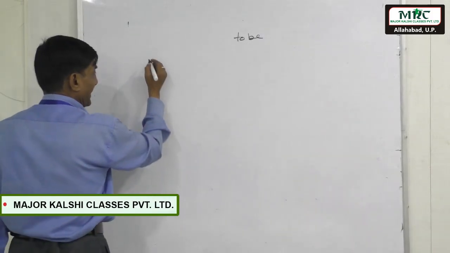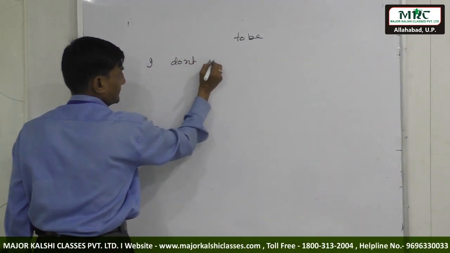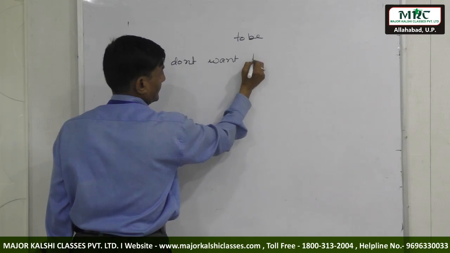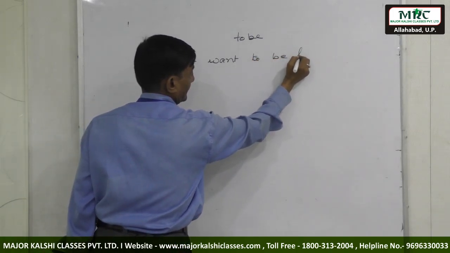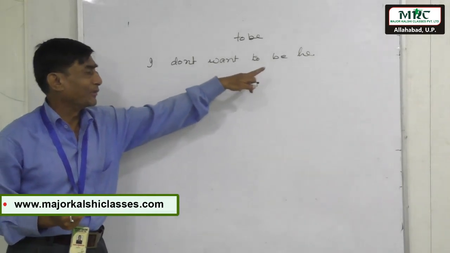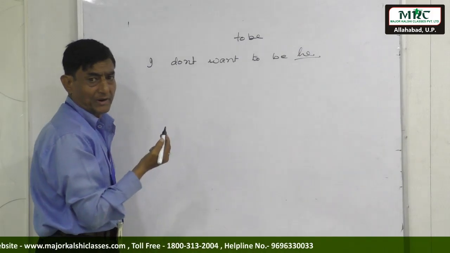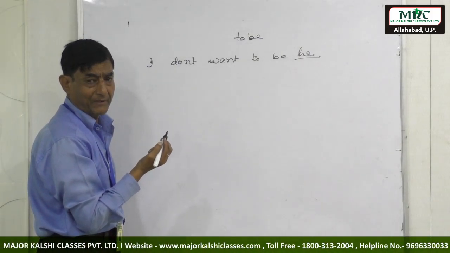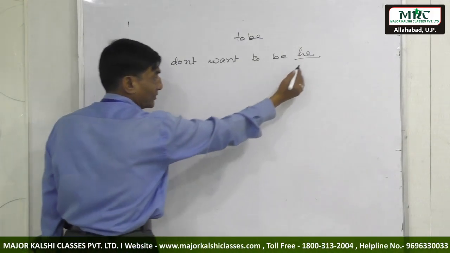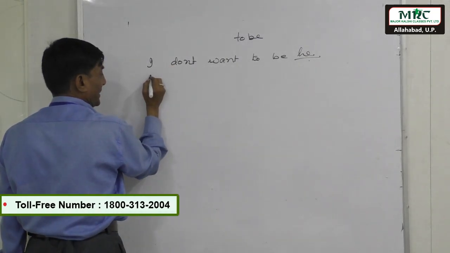For an example, we can see, I don't want to be he. Here there is no object in the sentence, and we have to use nominative case here. But if you put an object here in the middle of the sentence, we have to take objective case after this. For an example, we can see